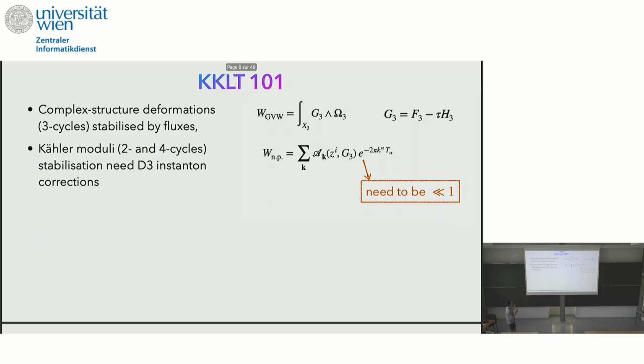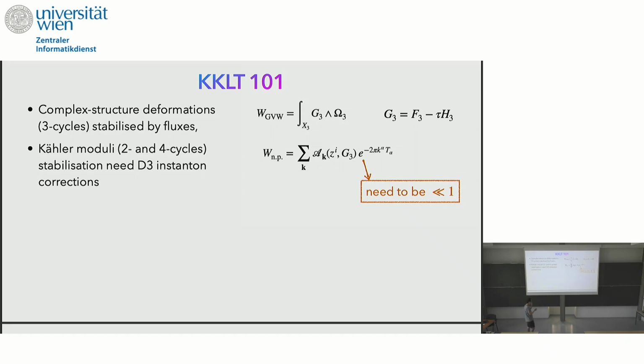In the first step of KKLT, what we want to do is to stabilize all of the moduli. We have complex structure moduli and Kähler moduli. The complex structure moduli control the size of the 3-cycles, and the Kähler moduli control the size of the 2-cycles and the 4-cycles. The complex structure moduli are already stabilized at tree level by the fluxes. And in order to stabilize the Kähler moduli,